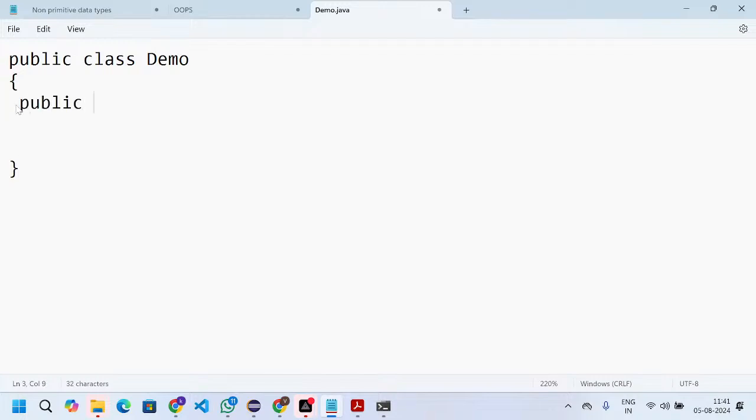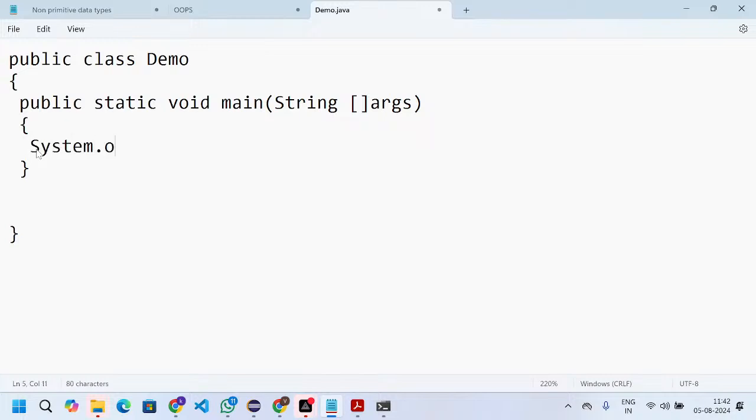Here we need to take public static void main, and then String args. This is the block of the main method, System.out.println. Any dummy message we can pass here.